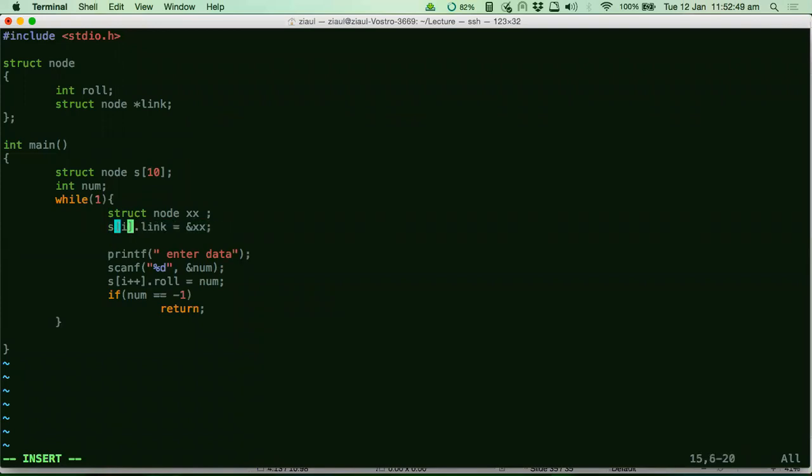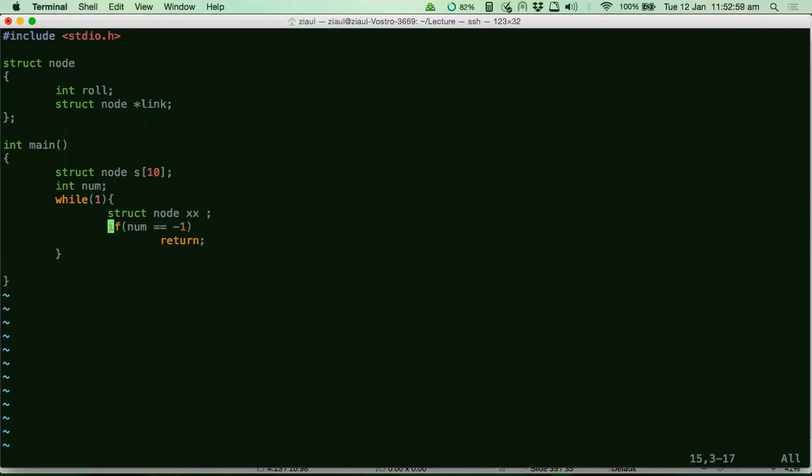Okay, before even incrementing, you could just say si dot link. So what does i give you? I gives you the, sorry, you cannot use an array here. Yes, you cannot use an array, exactly. So let me quickly finish it. I don't have time, I'm rushing.